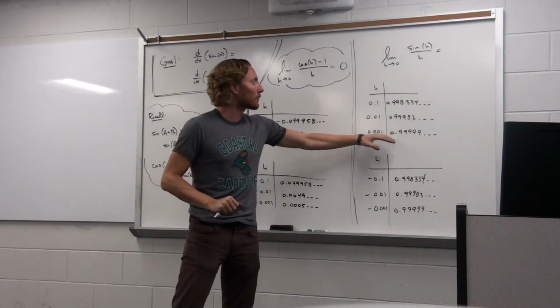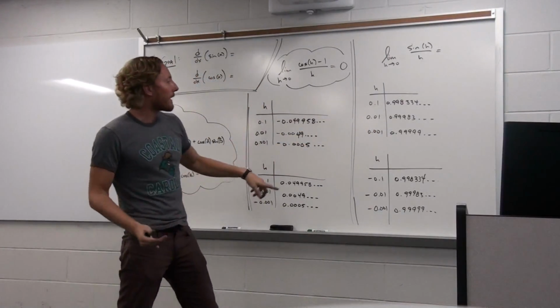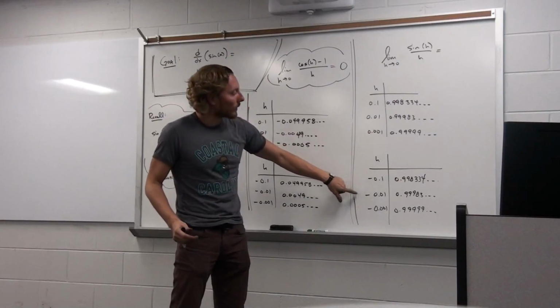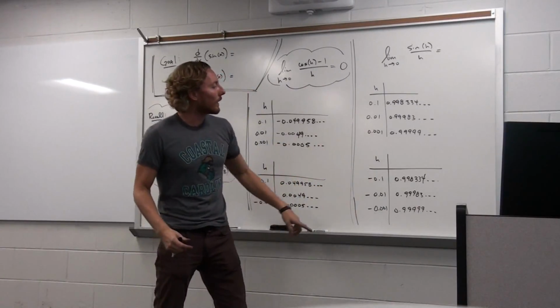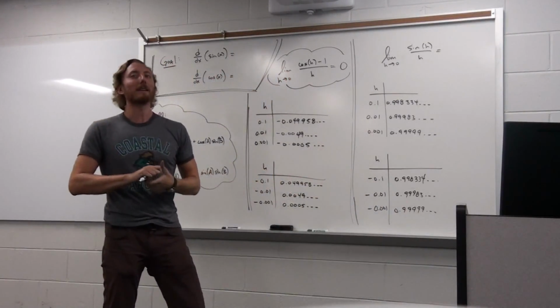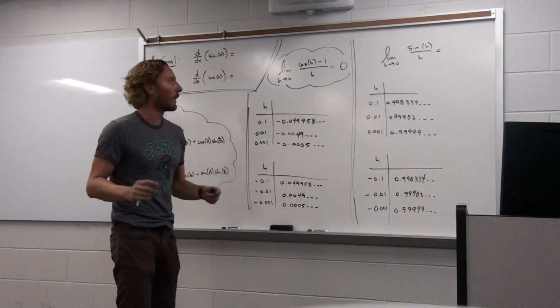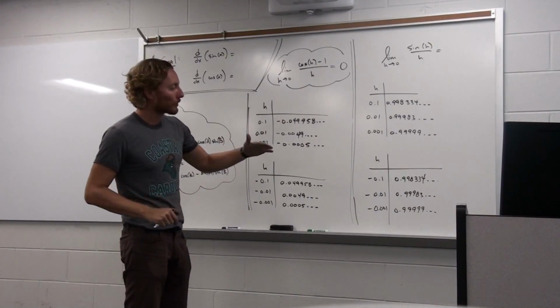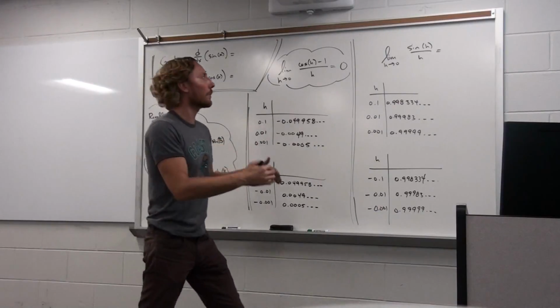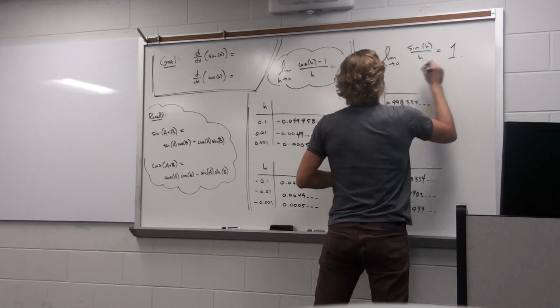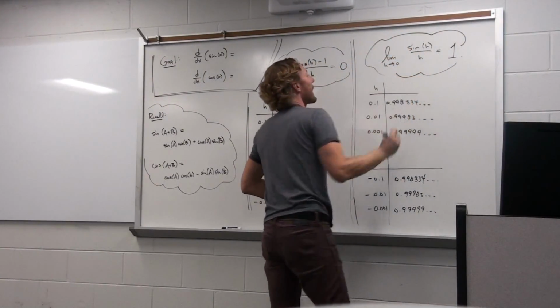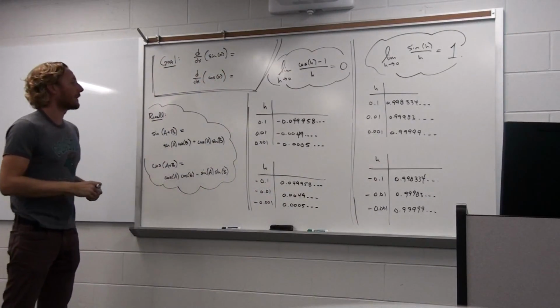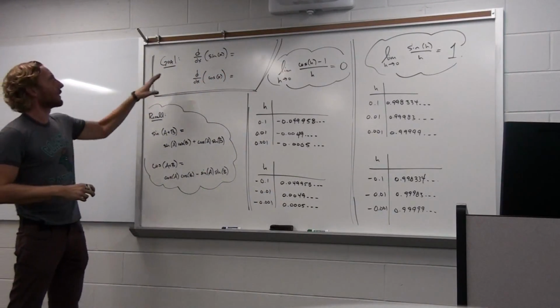It feels like the limit is 1 from the right, and from the left, negative 0.1, negative 0.01, negative 0.001, you again get 0.99999, which is almost 1. So the limit from the left approaches 1, the limit from the right approaches 1, so the limit is 1. And with that in mind, we're ready to step forward into